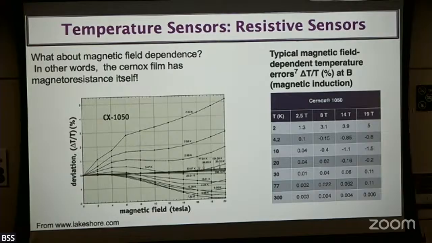And if you're applying a field, you actually create, even though there's no heat current or temperature gradient, only because of the magnetoresistance of the Sonox, what looks like a temperature gradient, right? That should be a difference, but this is the same order of magnitude that we are using as a measurement number. So, without exaggeration, more than 30 to 40% of our work time is spent calibrating the Sonox: before the measurement, after the measurement, during the measurement, all kinds of things. You have to be obsessed about how well you can get those numbers.